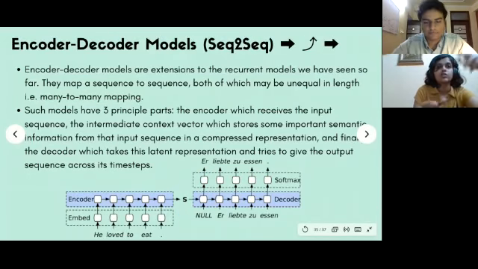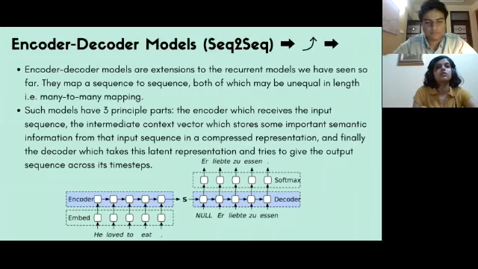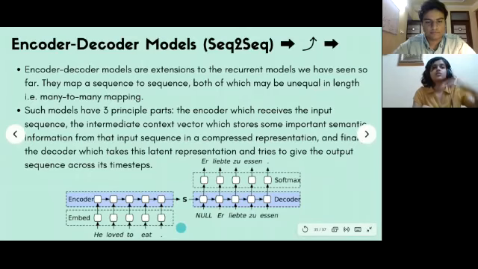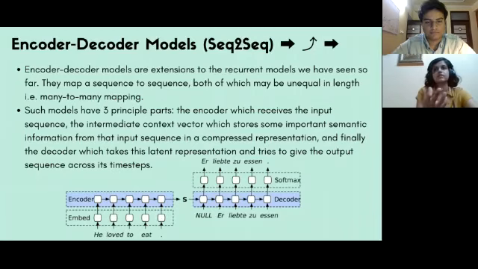This is language translation, where English is being converted to German. You can see here in the encoder, "he loved to eat." Each word is being passed through a time step. And you can see that there is no output for each and every time step specifically, right? We don't get outputs from each and every time step. We get them only in the end in the form of S, or the context vector.